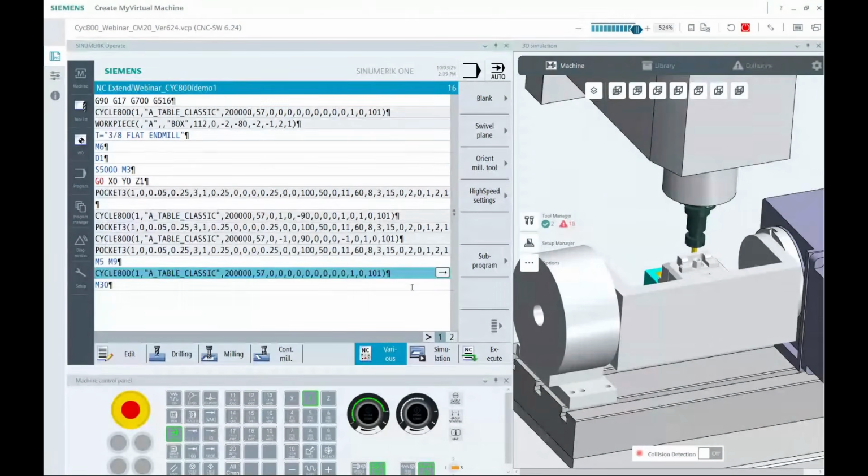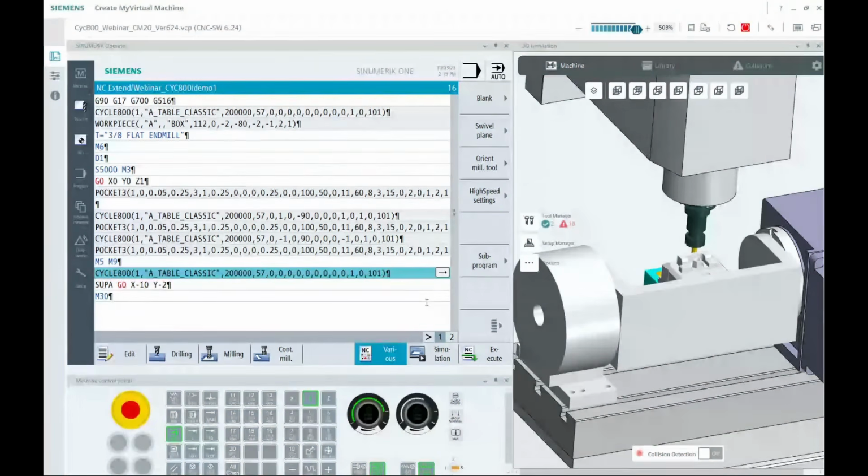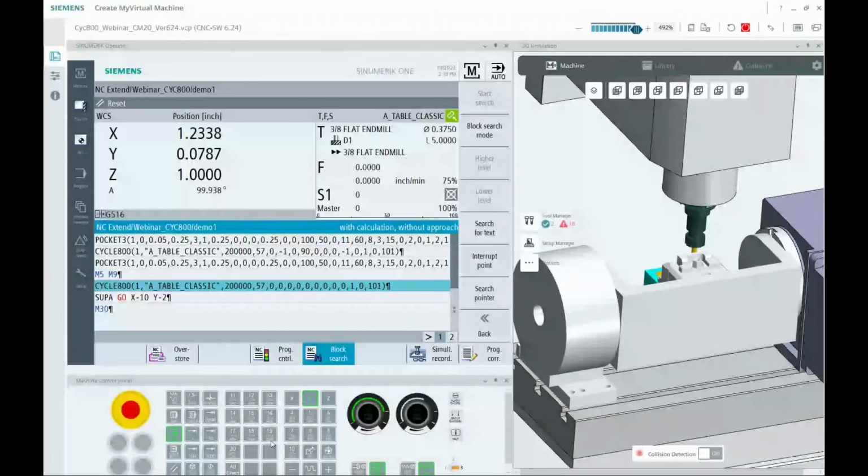And then if I wanted to maybe center the table, this is where I might introduce a SUPA command for those of us that are familiar with SUPA. And maybe I say, hey, I'll center my table and bring my Y close to the front. And that would be a kind of a traditional shutdown. So if I look at my complete part,